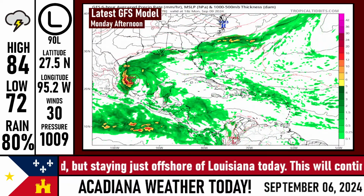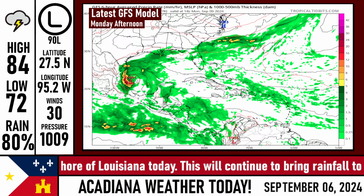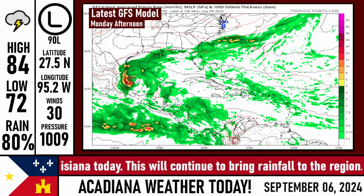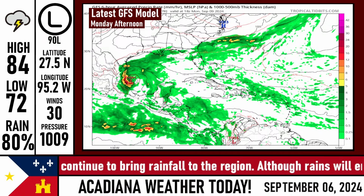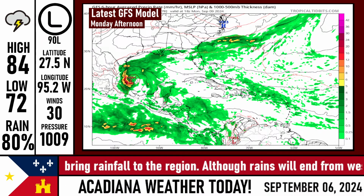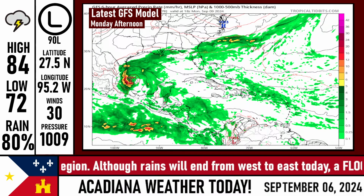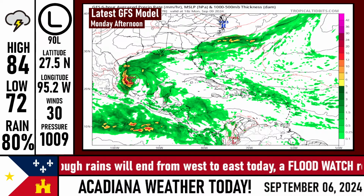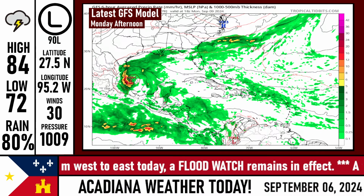So we're going to stop this on Monday afternoon. There's just to give you the idea of the agreement between the models, because if you've watched the show over the course of the week, we had a couple of days where there was no agreement whatsoever, and 1 or 2 days where they were starting to come together and look a little bit more similar. But I will tell you that this time around, pretty much all 4 of the global models that we look at are indicating